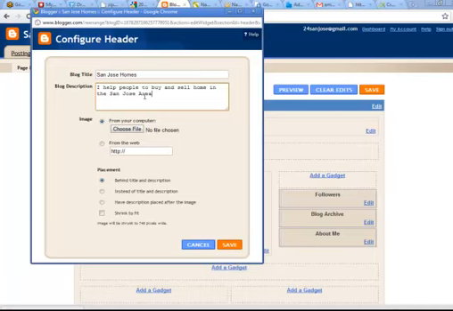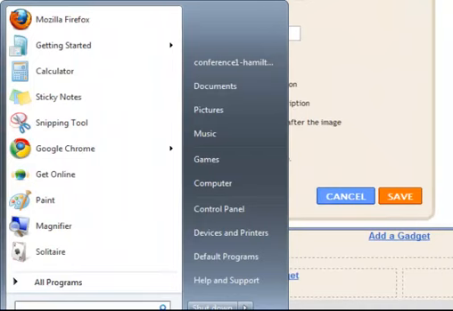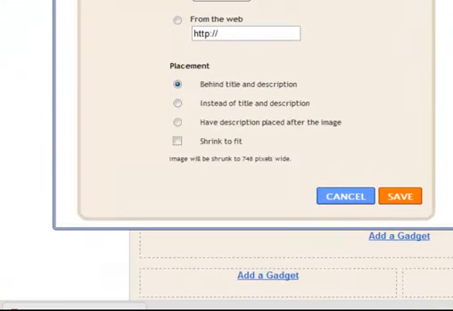Why not? Now, it says here image from your computer, choose file, or from the web. So one of the things that I can do, and I could do this either in